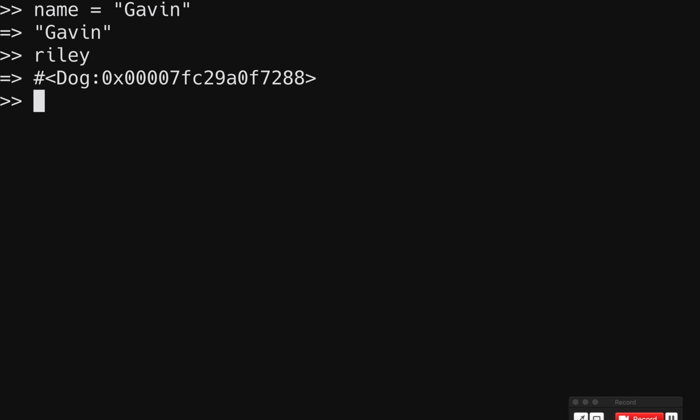So when I say name equals Gavin, Ruby knows how to print that out. It knows what a string is and how to print it. When I ask for Riley, I haven't taught Ruby how to print what a dog is. So what it decides to print is the name of the class and where in memory it lives. That's the hash. Kind of. It's more like an identifier